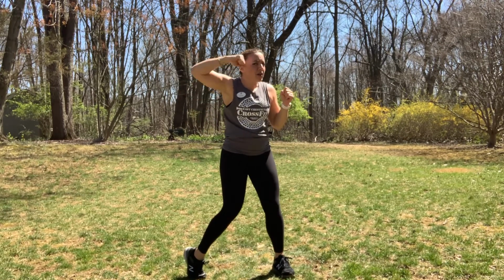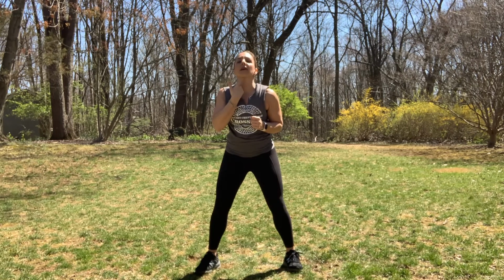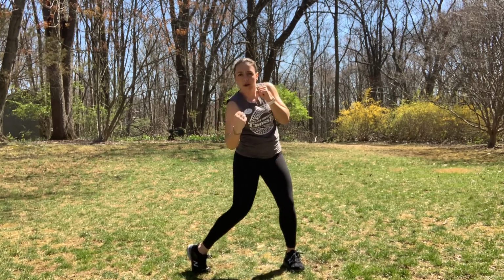So one thing I forgot to mention about the hook. You're wrapping around, target is the temple. So we got the nose with the jab, we got the temple with the hook, that circular punch, little circles right to that temple, back to your cheek, and then the uppercut is right here underneath the chin. So you drop under, then you come back. So try that, right,